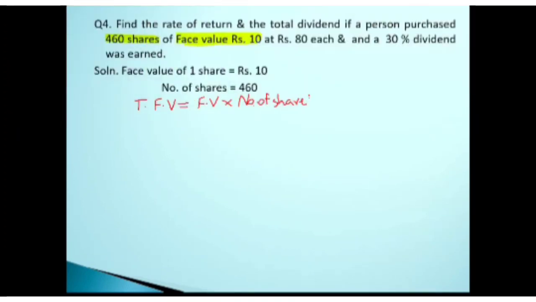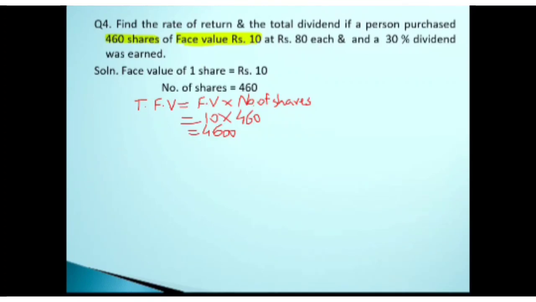All right. So we know the data, I mean, you know what the face value is. It is given as 10, 10 multiplied by 460, and that together makes 4,600. So this is how the total face value is calculated, and that comes here to be rupees 4,600. All right. So many are getting that answer. Very good. So let us see what is to be done after that.